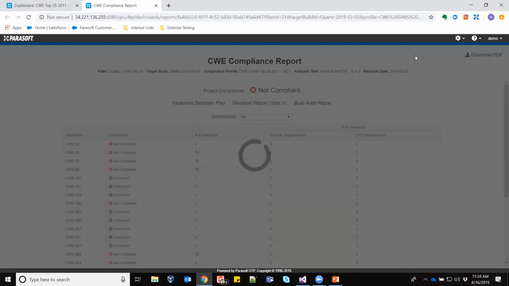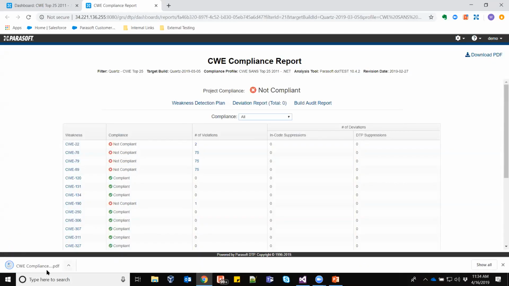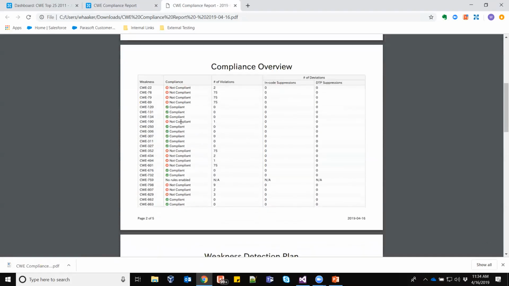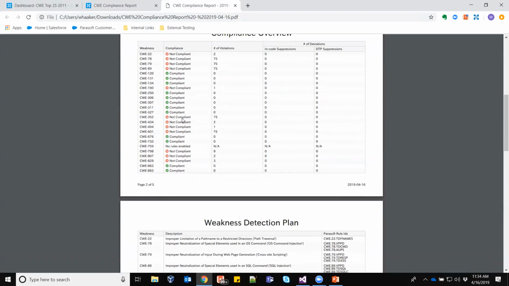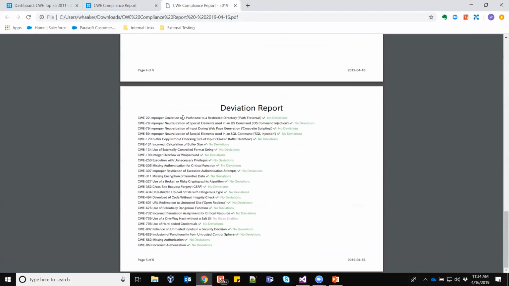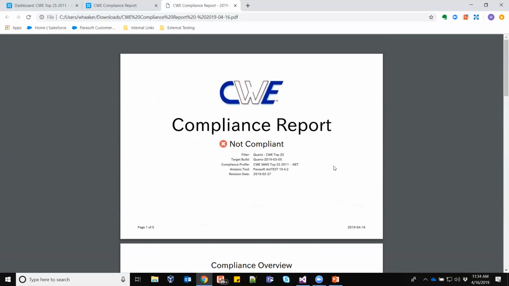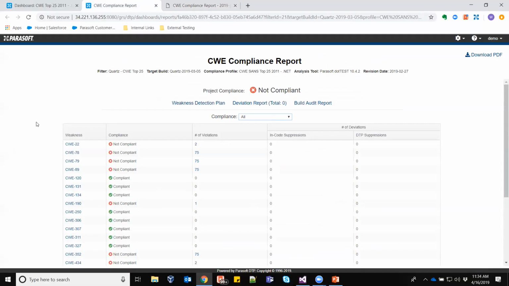The fact that we are CWE compatible, when we take a look at the PDF report, everything that we have in that interactive view from the web page is available here. So if you have to worry about audits or provide details associated with your compliance status to a particular standard, this makes it really easy to share and get the information to the right auditors and the right people that are interested. So as a manager, I have that real-time data available to me to start making decisions.